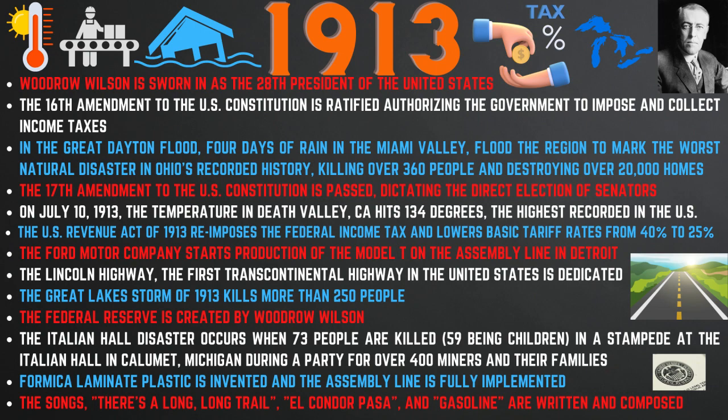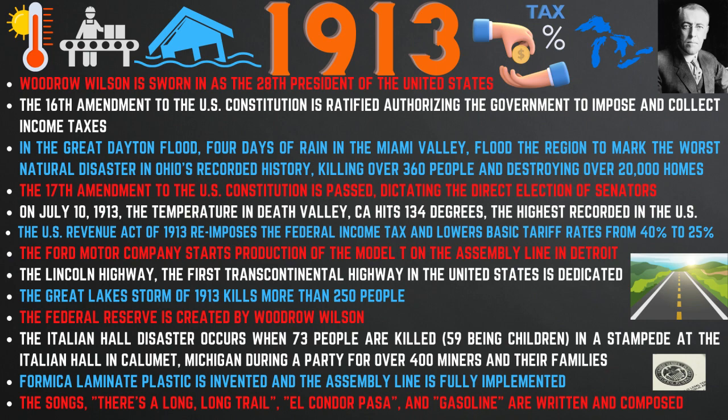The Ford Motor Company starts production of the Model T on the assembly line in Detroit. The Lincoln Highway, the first transcontinental highway in the United States, is dedicated, and the Great Lakes storm of 1913 kills more than 250 people. The Federal Reserve is created by Woodrow Wilson, and the Italian Hall disaster occurs when 73 people are killed, 59